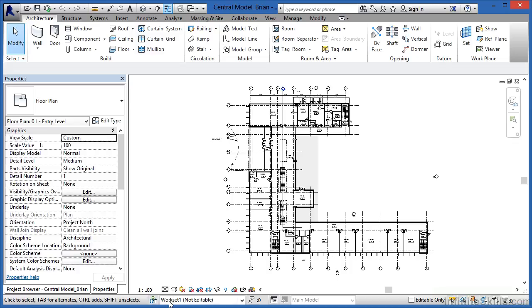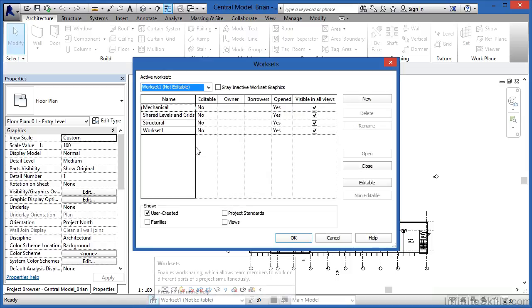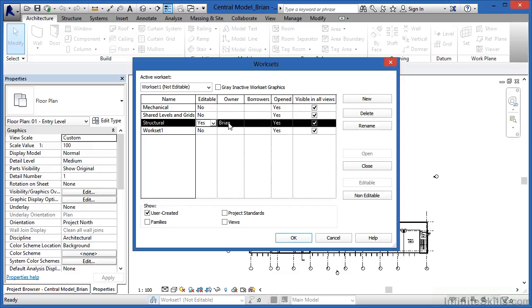Right now, I'm looking at Workset 1 and it says not editable. If I click on the icon down here for worksets, we can see that the reason why it says not editable is because it has no next to editable here. Now, we could say yes to this, which would mean that we would be the only people that could work inside of this workset. If you're the structural engineer, you might say that, yes, I'm the one that has ownership of the structural workset. Yes. And then you would be the person that has ownership of the structural workset. And nobody else would be able to make changes to that structural workset until you change this back to no again. So worksets on this level could control who has ownership or who can make changes to what items in